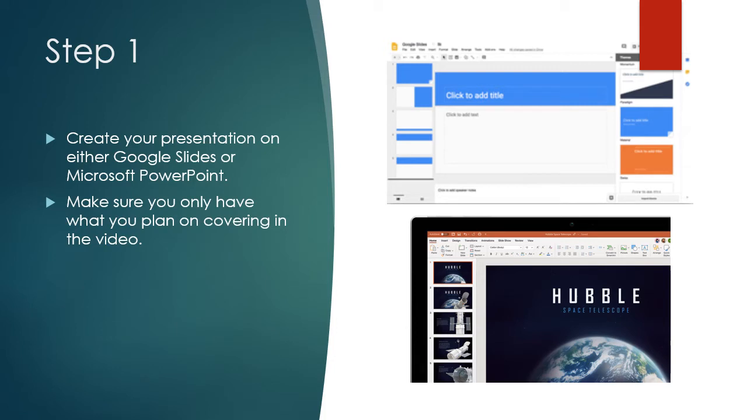So step one is you need to create your presentation, either using Google Slides or Microsoft PowerPoint, your choice on which one you want to use. However, in the end, you're going to be doing the recording over Microsoft PowerPoint. Make sure you only have what you plan on covering on said presentation. If you do not, and you have other stuff on there, it might record